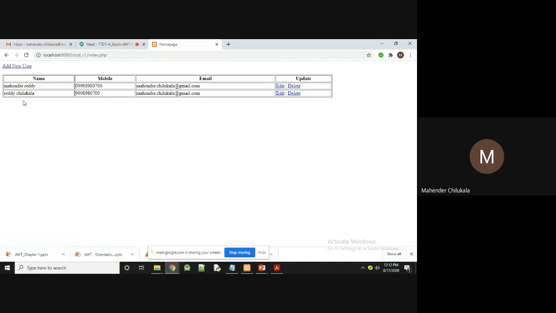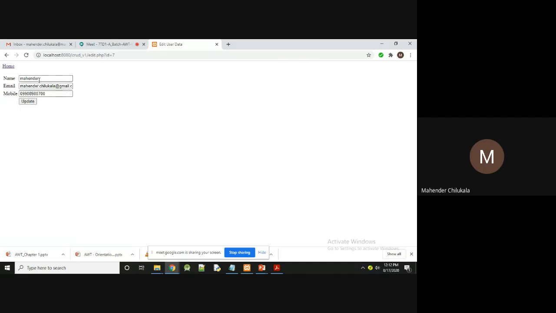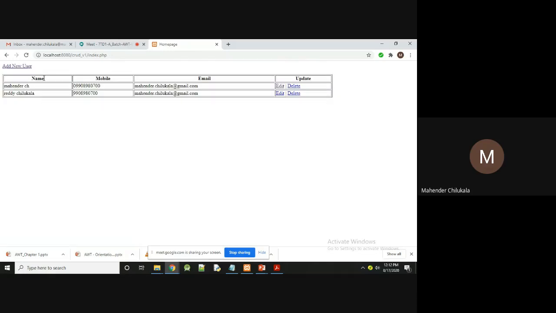Second person, name like this, email ID, edit and delete. If you click edit, then you can edit here, update, then it will be updated. You can also delete the person's detail. So you have to do this application today.